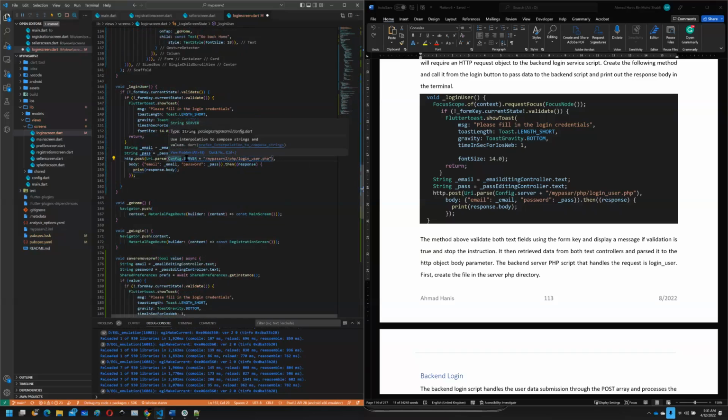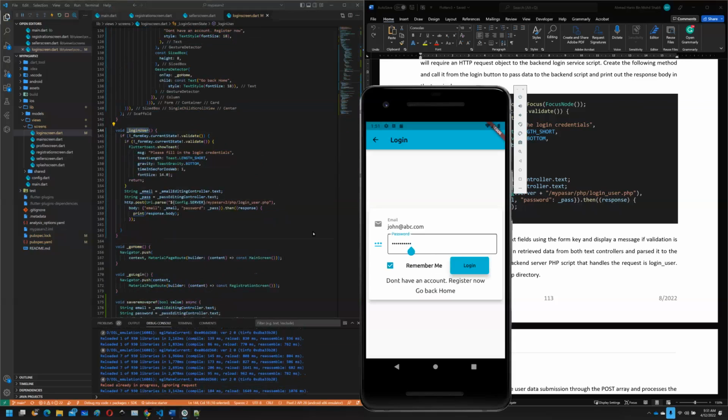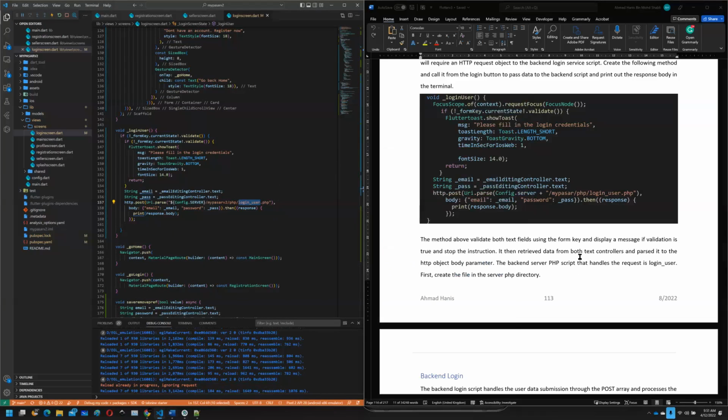And usually you get this. The latest Flutter will require interpolation, so straight away just use interpolation and save that. All right, so when the user clicks on login user, it will check the validator first. Then we'll get the value, email and password, and email and password will be passed to login_user.php. And then we need to go back to our server